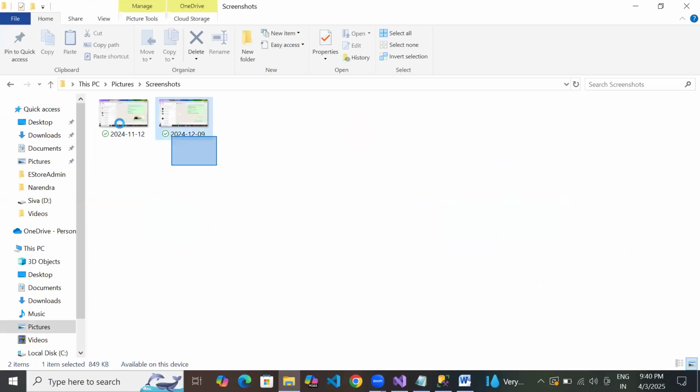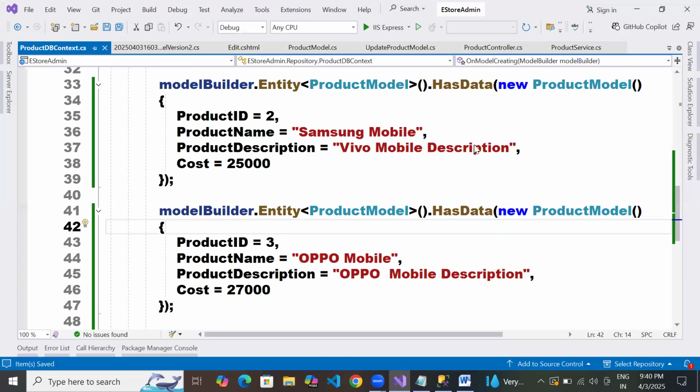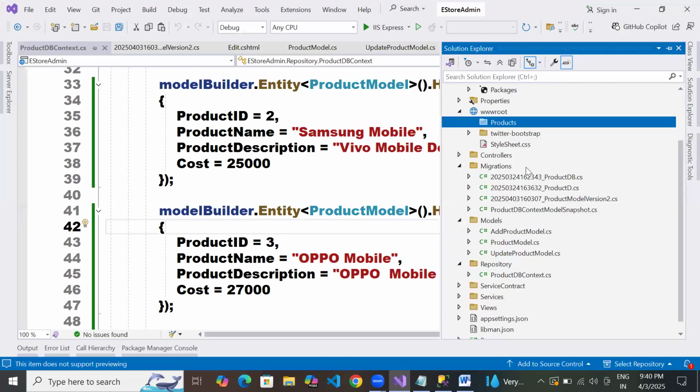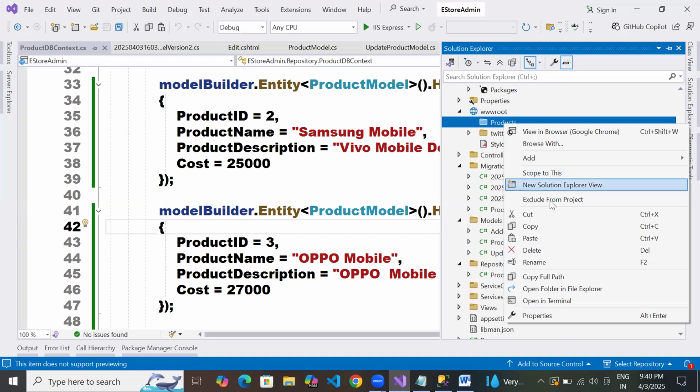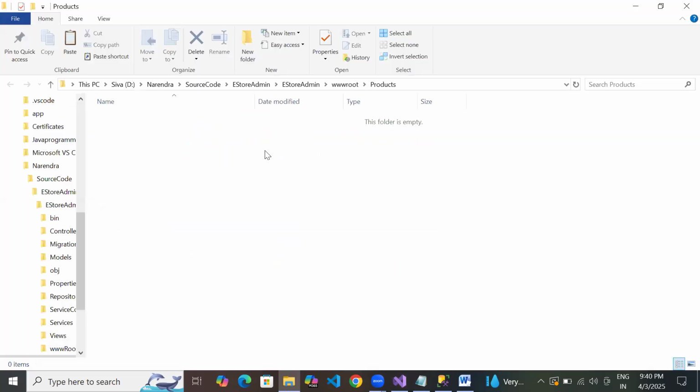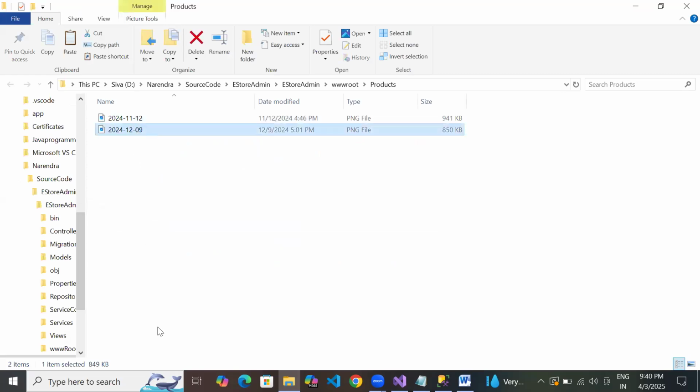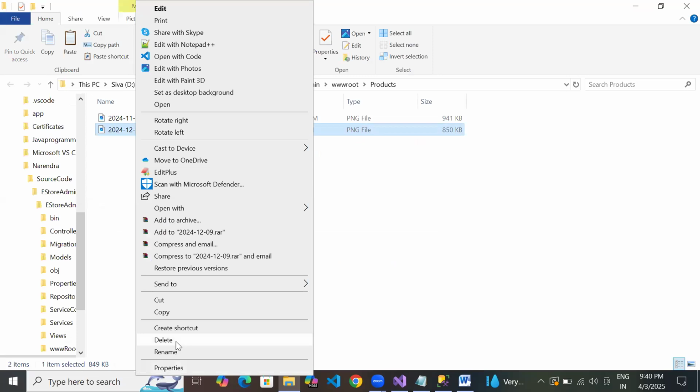I take these two for the time being. Copy. Go to the folder. Right click. How to do that? The paste option is in. Paste. Good. Open in File Explorer. Paste. Now right click, rename,